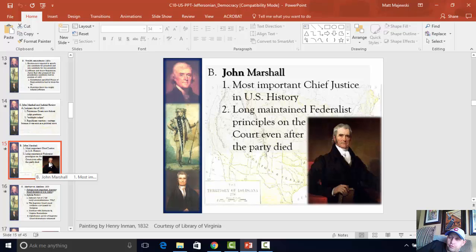Now, Marshall was a hardcore Federalist. He believed absolutely in the power of the federal government over the states. He had long maintained Federalist principles. He's going to be on the Supreme Court for like the next 30 years, and he's like a thorn in the side of Jefferson and the Democratic Republicans because he's constantly going to be making decisions that he thought backed up Federalist ideas like the power of the national government over the states. Remember, Republicans are states' rights guys, and yet this guy that's running the Supreme Court, who serves for life, right, is a hardcore nationalist and a hardcore Federalist.